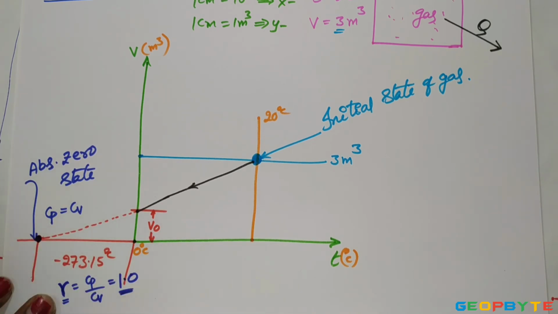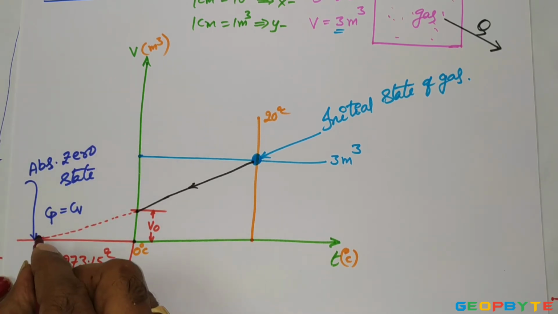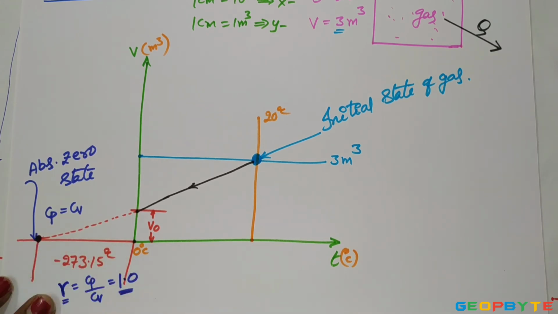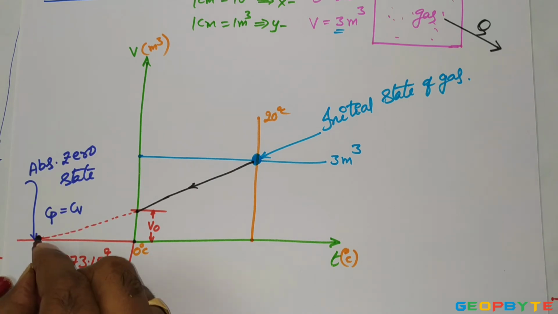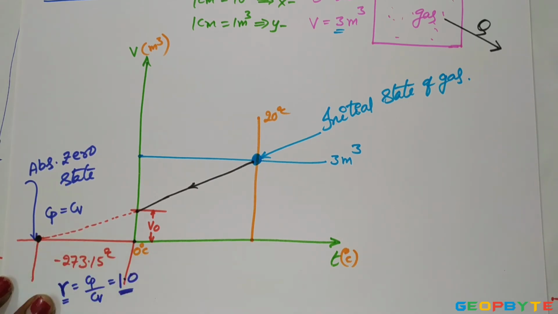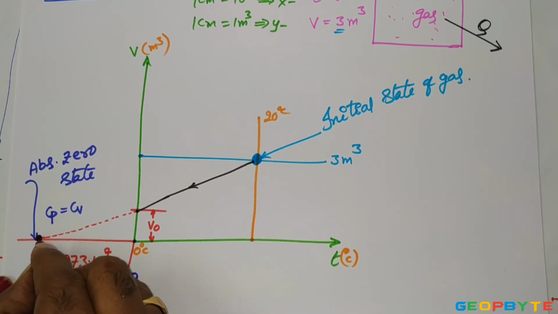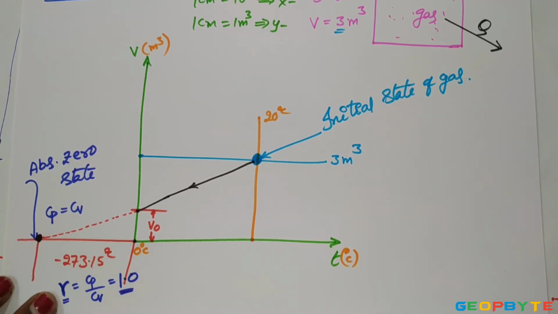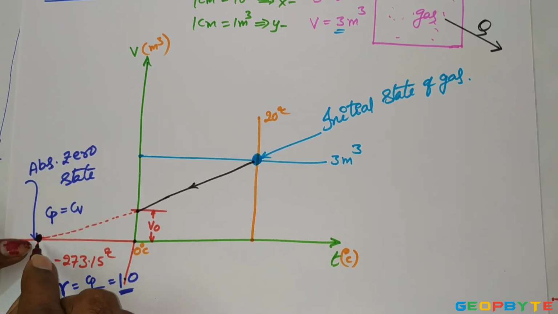And one more important information is, at this absolute zero state, the internal energy possessed by the gas is zero. Entropy of that gas is also zero. You can also say enthalpy of the gas is also zero. That means this is the reference state for measuring the temperature, or pressure, or entropy, or enthalpy, or internal energy. Anyhow, the state at which the molecular momentum is zero is called absolute zero state.